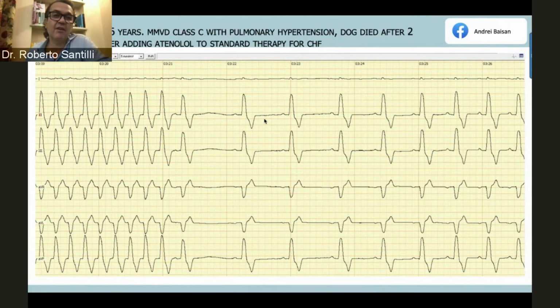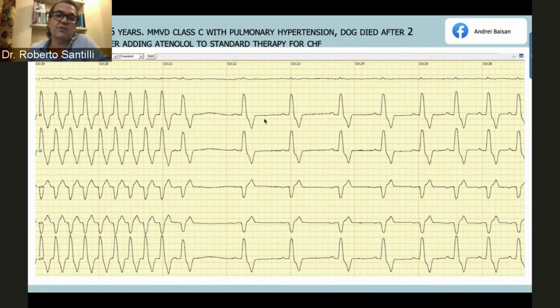We know that ivabradine, we are using it a lot in focal atrial tachycardia cases. There are some where it's fantastic, others where it's not. It has been shown in humans, if you look at the literature, that ivabradine can induce AV block, but this is not what we actually see in different cases. The only thing about ivabradine that I've seen, rarely, is cases where it can induce atrial fibrillation, particularly if you already have an increase of the left atrium size. So my first choice in this case would have been ivabradine, but with care.